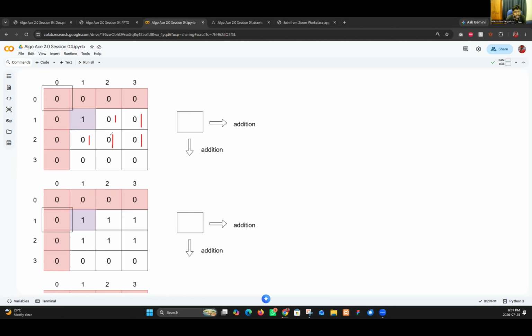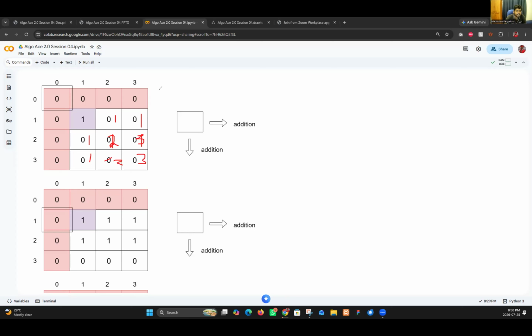Adding 1 to here and here. So you will get 1, and this is 2, not 1. When it comes to here, adding 2 to here and here. So this will be 2 and this will be 3. And once you come here, adding 3, there is no one in here and here.